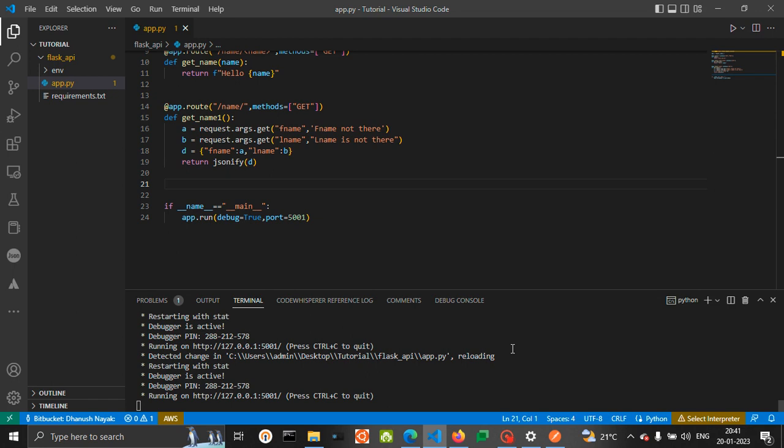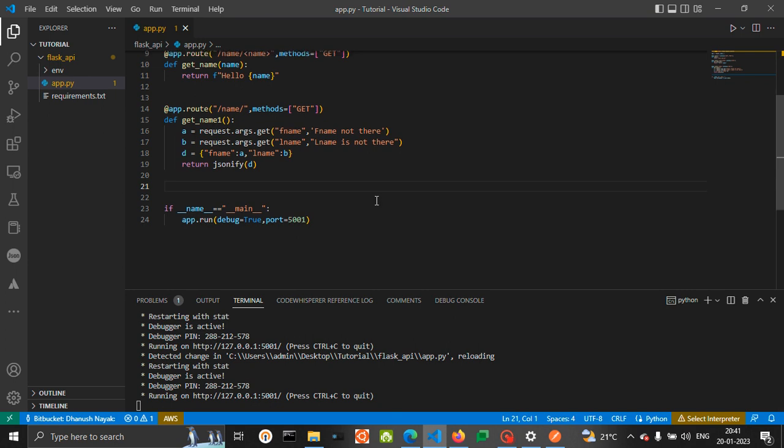Hi guys, welcome back. In this video, we will see how we can perform operations by using a POST method. Till now, we have seen how we can use Postman and use a GET operation and run some computation or retrieve things in the form of a JSON object. Now we will try to use a POST method,